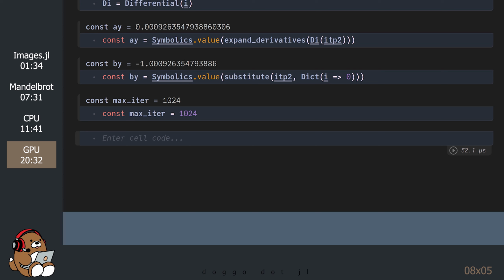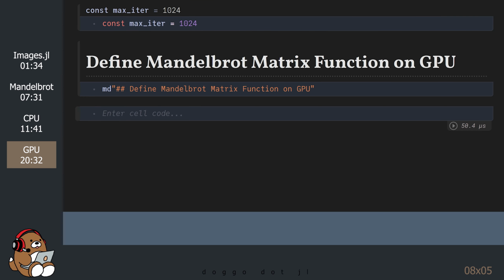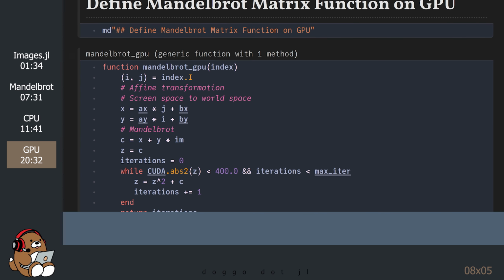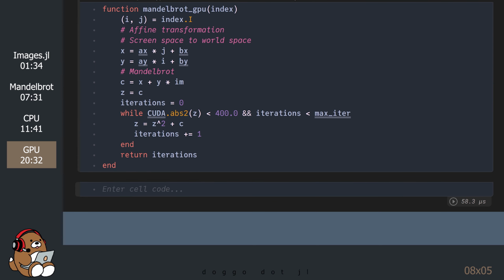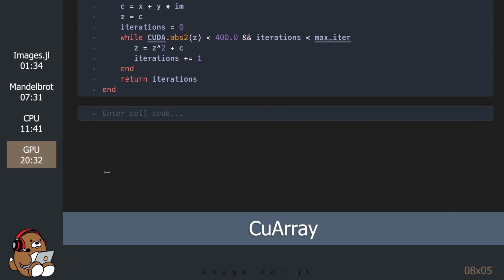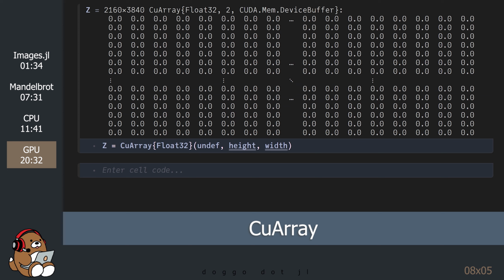So that's a lot of code before we get to the actual Mandelbrot function. Here's the code for the Mandelbrot function on the GPU. In order to run this function on the GPU, we need to pre-allocate the matrix onto the GPU by using the CuArray constructor.